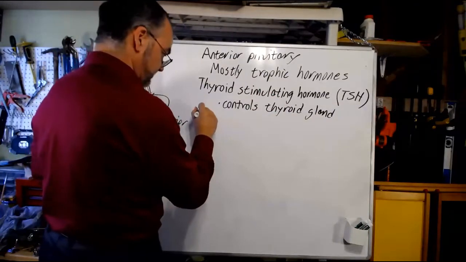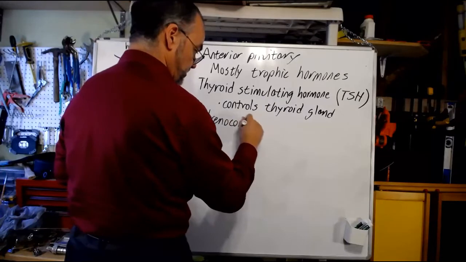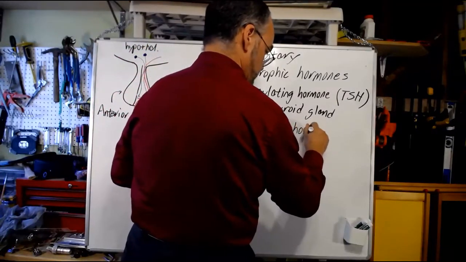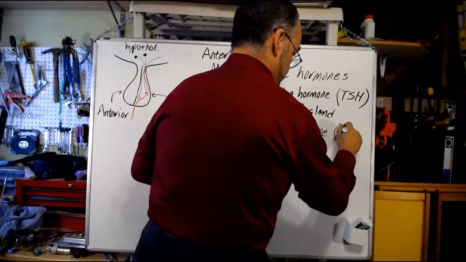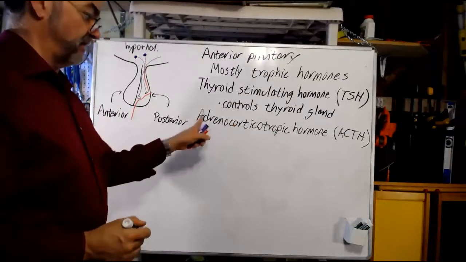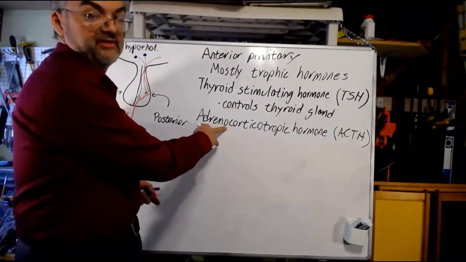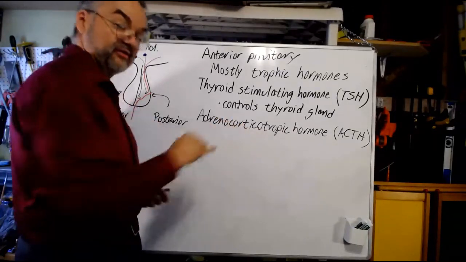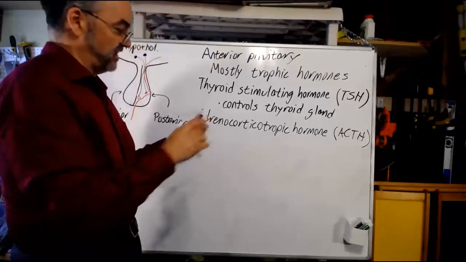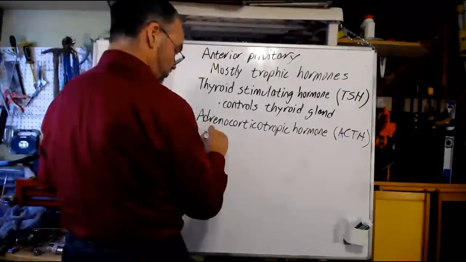It secretes adrenocorticotropic hormone, also known as ACTH. It's a great word, adrenocorticotropic hormone. Take a look at it. Adreno, the adrenal gland. Cortico, the cortex part of the adrenal gland. Tropic, targeting. So this is a hormone which targets the adrenal cortex. This mostly controls